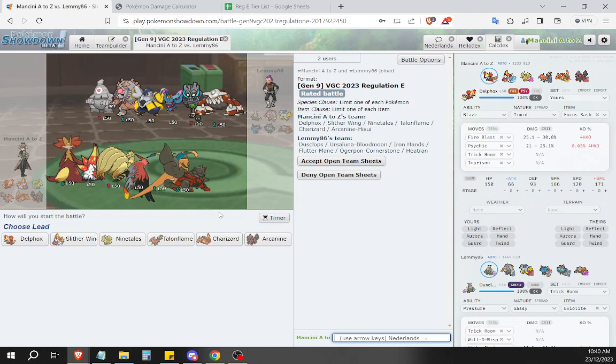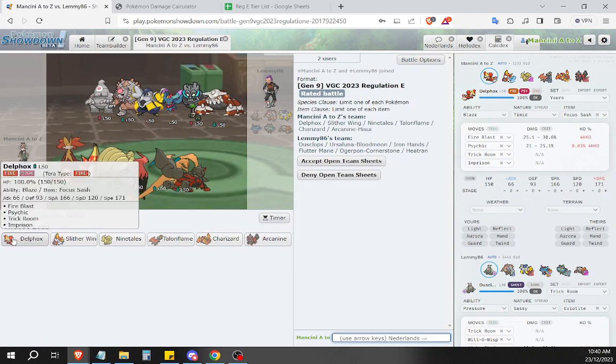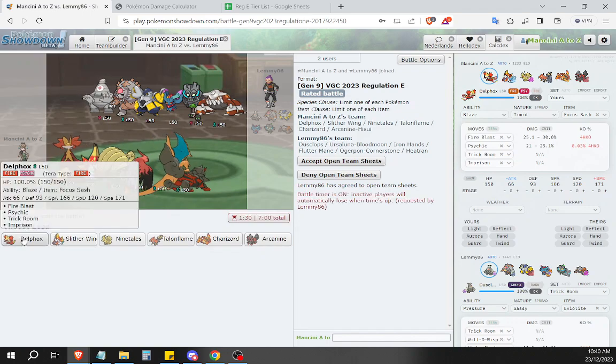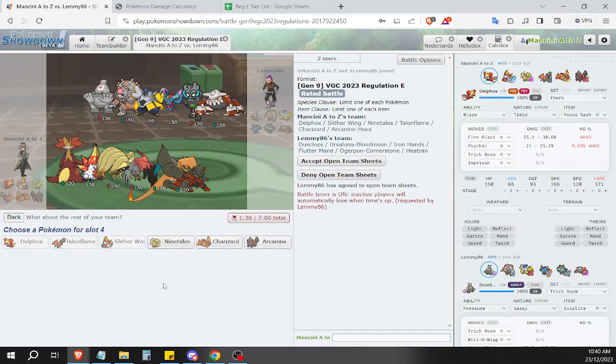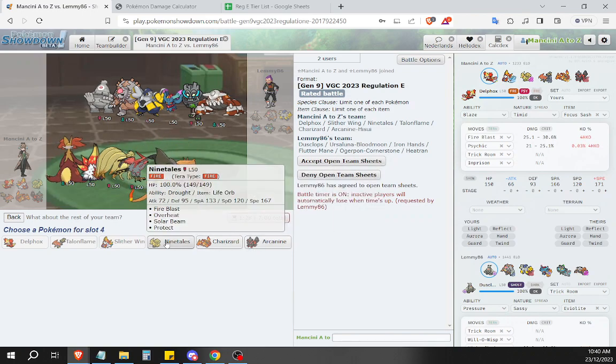Problem is that we have to lead something else next to Delphox that they want to fake out. Oh no, we can lead Talonflame. In the quick guard, if need be. Hold on. Yeah, Talonflame, Delphox, Imprison, quick guard Arcanine again, yeah. Or Charizard? And then probably